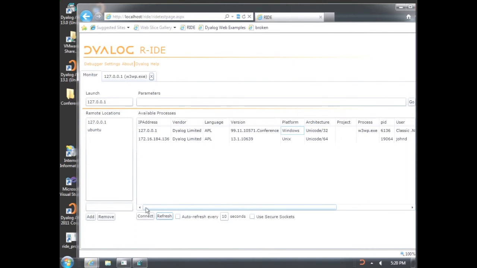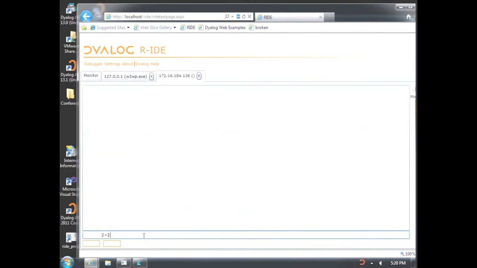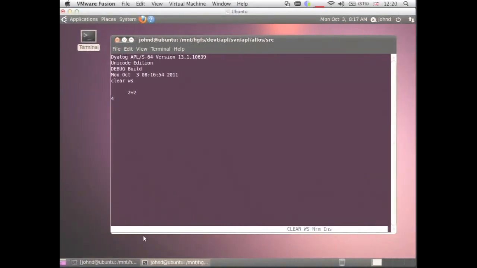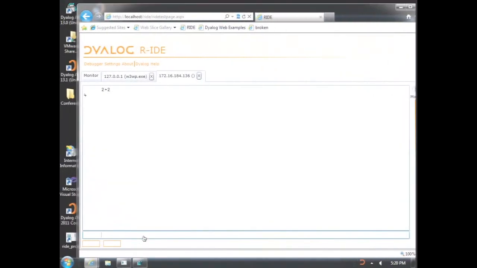Okay, but again, I can connect to this, and I can type 2 + 2, and I get the answer back. And we can see, if we go back to the Ubuntu machine, that I'm communicating with this APL session that's on this other box. Okay, or if I want to be really